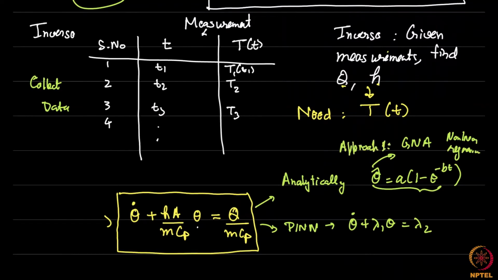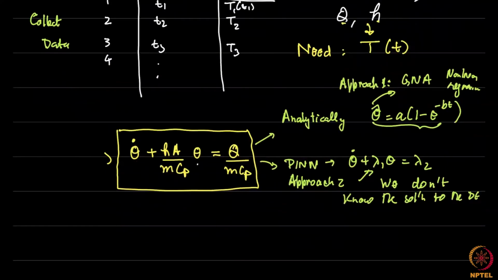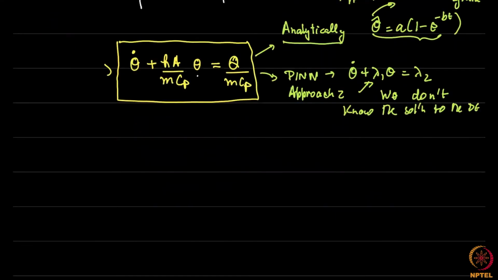The second approach is useful if we do not know the solution to the differential equation. Okay, so notice the distinction. You use the analytical solution if you know how to solve the differential equation. You use pin, or in many cases, you can sometimes use computation also in case you do not know the solution. There is a third approach,